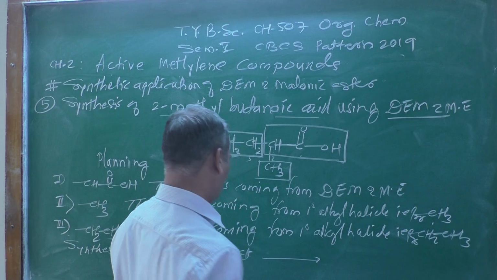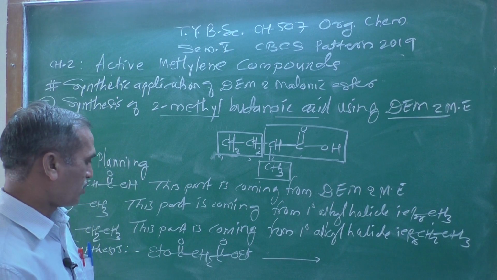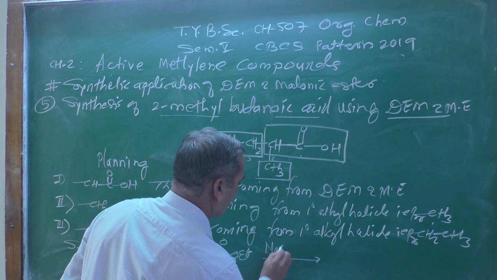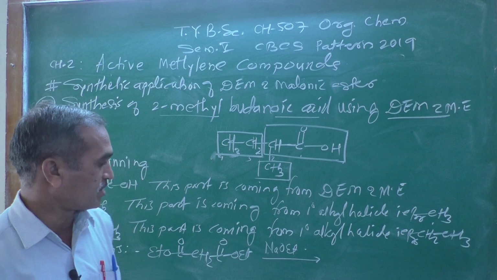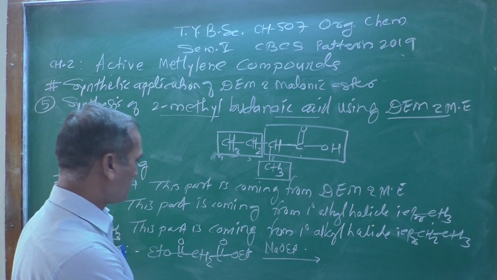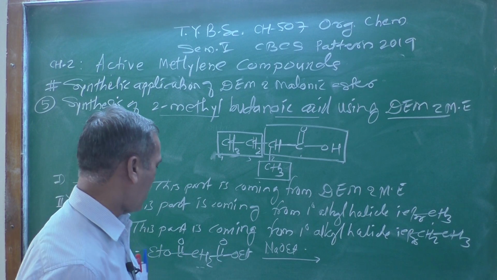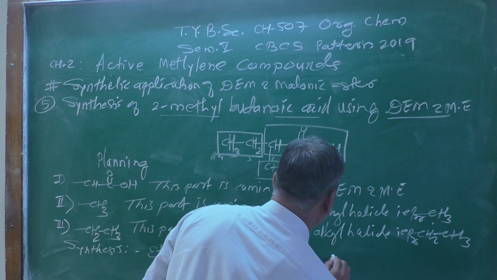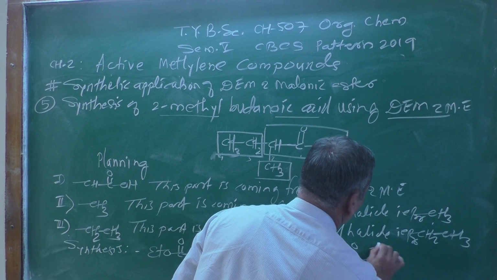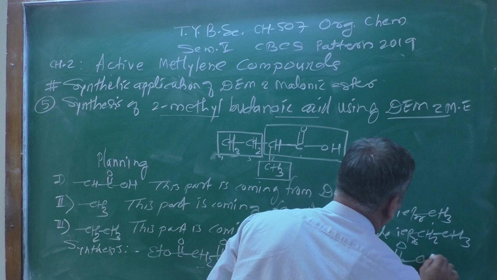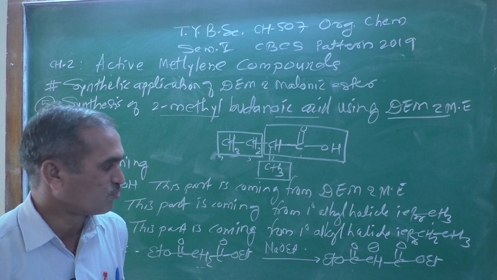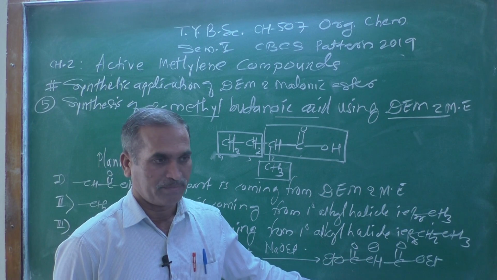Now this structure, diethyl malonate, will be treated with NaOEt, sodium ethoxide. Once you treat with sodium ethoxide, what will happen? This will abstract the acidic proton, which is the methylene proton. You will get EtO, C double bond O, CH minus charge, then C double bond O, OEt, which is the species which you can see here clearly.